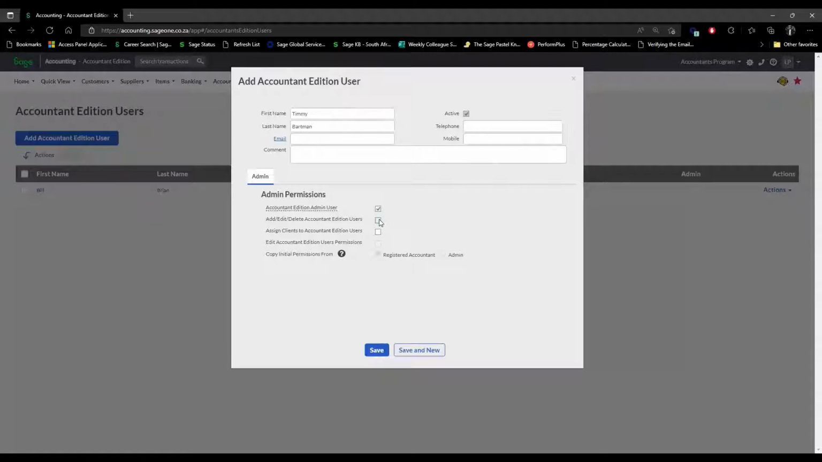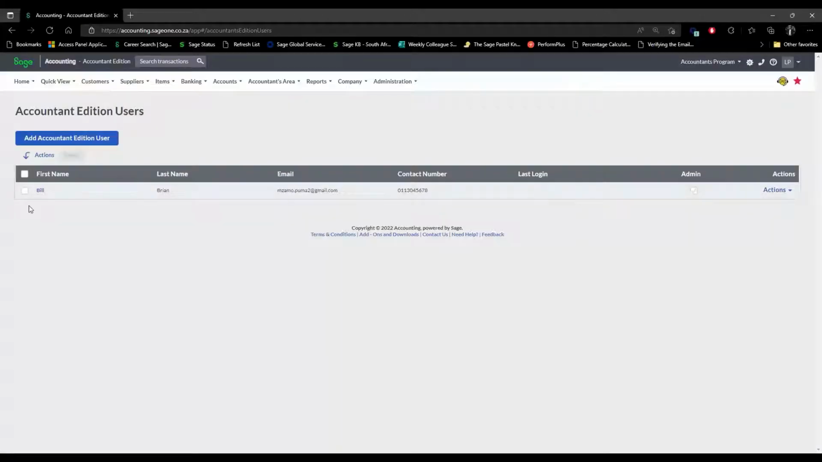you would also tick the second option. And then on the third one, if you want your Accountants Edition user, for example your clerk or your partner, to also have access to assign clients to either themselves or to one of the other clerks, you would tick this option as well. So once you are satisfied with the permissions you've set, you click on save, and then it'll create a profile